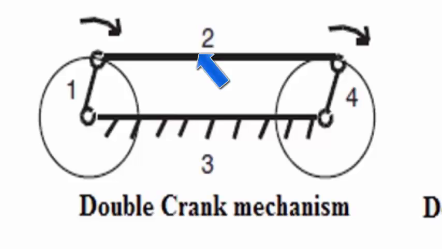Now, next one is the double crank mechanism. In the double crank mechanism, you are having two short links, then you are having the frame and the coupler link. When one of the links is rotating here, the other link is also going to rotate over here. This one is used in trains to couple the two wheels of the train. When one of the wheels is rotating, since the two links are connected, the other wheel is also going to rotate along with it. So they are rotating at the same speed. So that is a double crank mechanism.